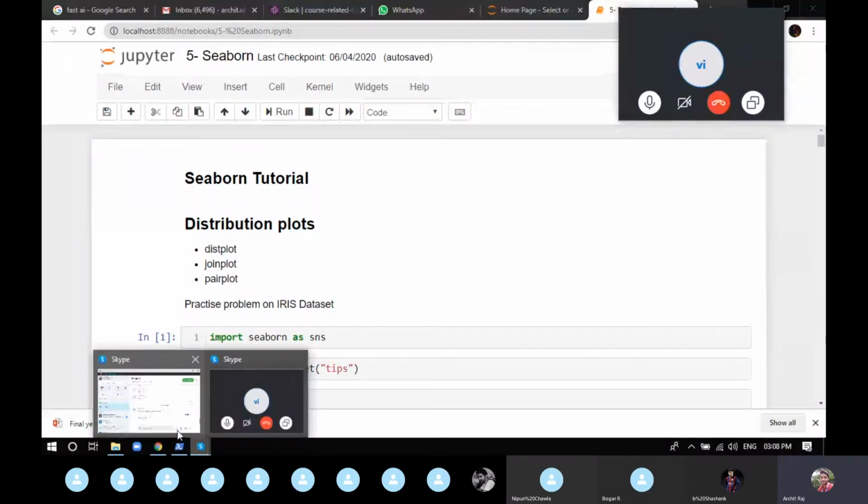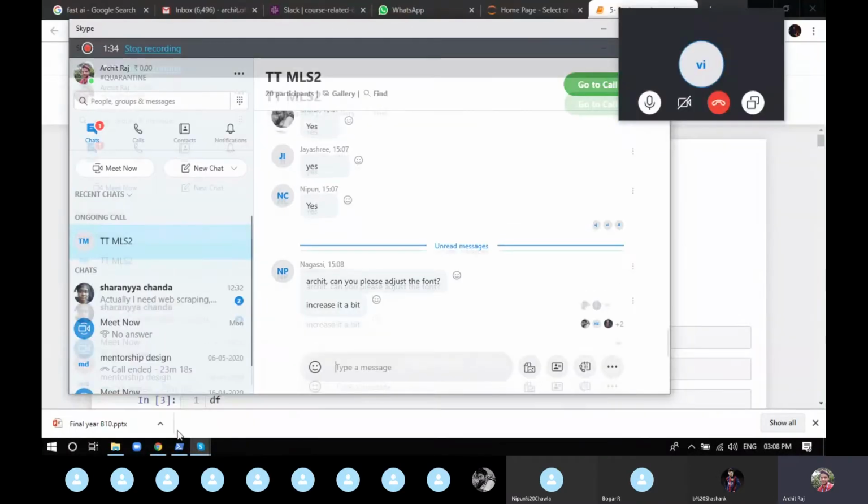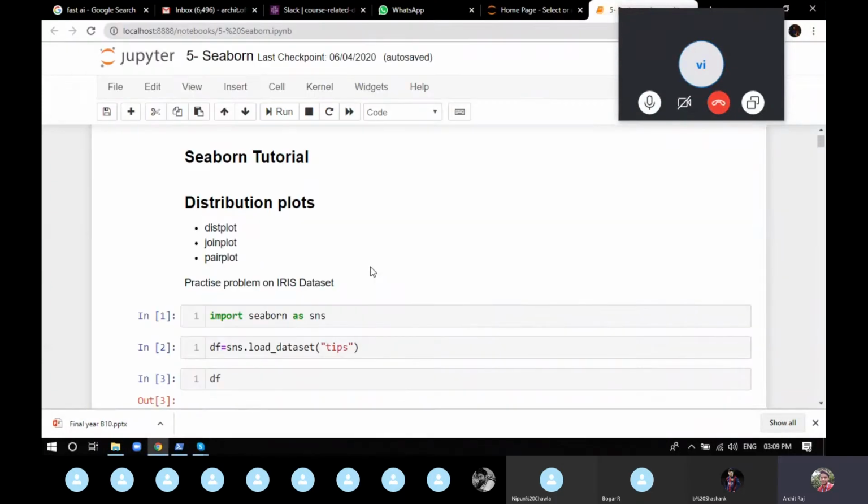Now, if you know that Seaborn is built on Matplotlib, then why do you even use Matplotlib? Because Seaborn is built on Matplotlib, when you write the code for Seaborn, it's going to convert it to a Matplotlib script with some internal scripting given by the Seaborn library, and then you get your graph.